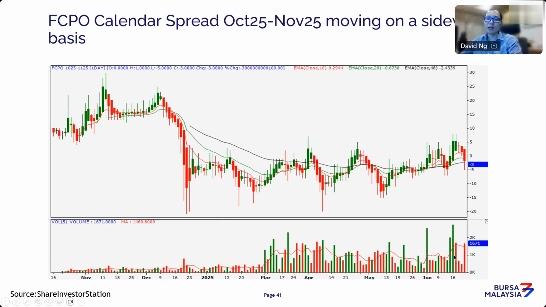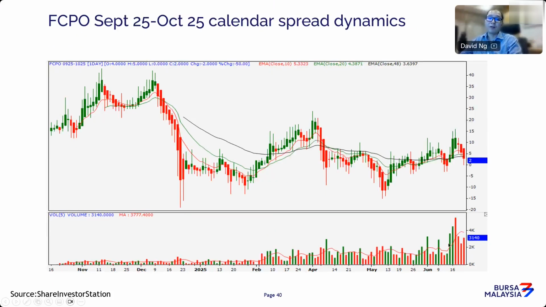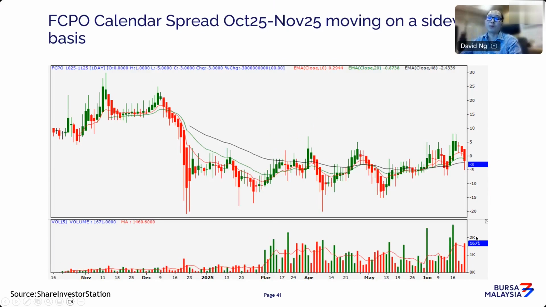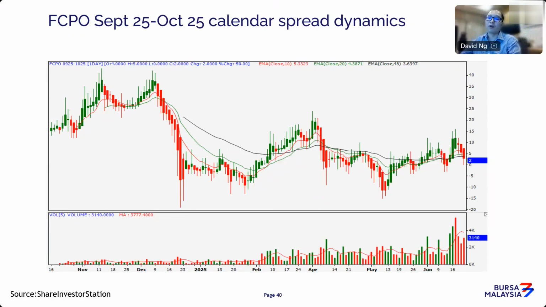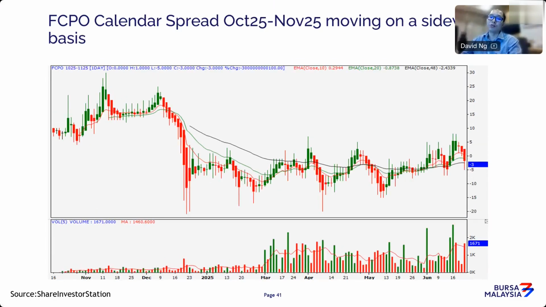The daily volume is slightly on the lower end, because at that point in time when this data was captured, they are not an active contract. If you compare that to September, October, the daily traded volume is about 3,000 to 4,000. So it's much higher compared to October, November. So if you are looking at a particular spread pair to trade, always judge by the volume. Once you have a higher volume, it does indicate there's higher liquidity in place, so that you are able to get out of the market in case you need to.